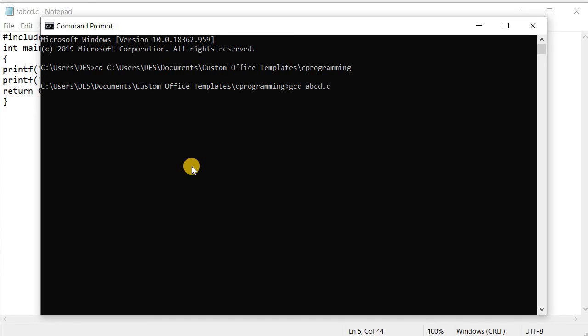You have to give the command -Wall space -o, which is used to give the name of the exe file. Let us say I give abcd, so that the same name exe file is created, and then press enter, so that your abcd.exe file will be created.